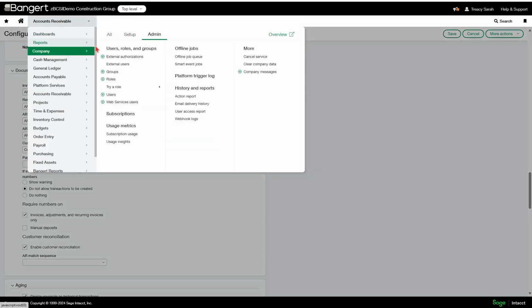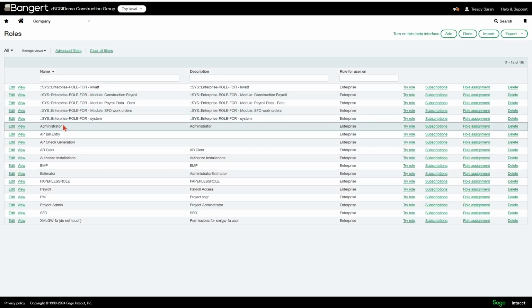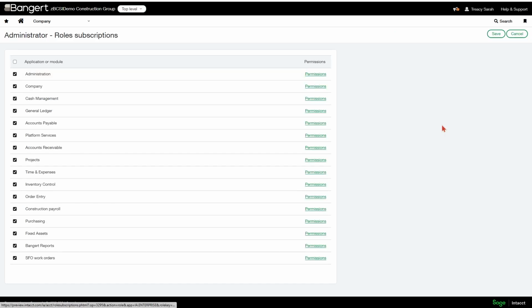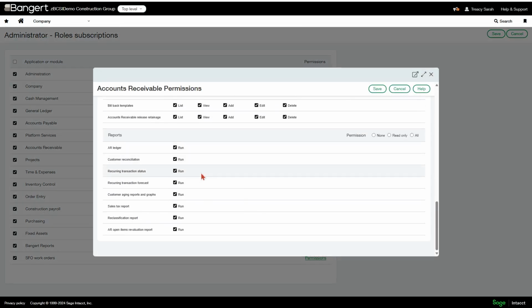Go to Company, Admin, Roles. For your role or whatever role needs access to this report, click Subscriptions, go to AR Permissions. Down in the Reports section, you want to click run beside customer reconciliation.